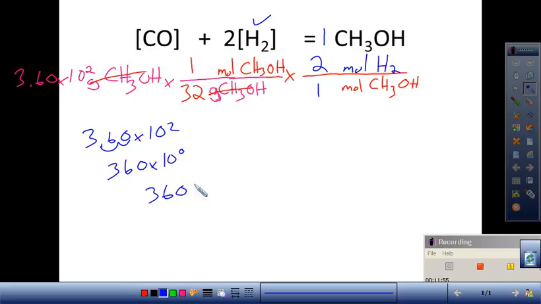So I have 360 times 2. I just multiply everything on top. 360 times 1 times 2. And divide it by 32. So my moles of hydrogen